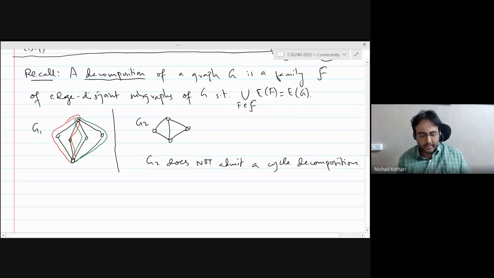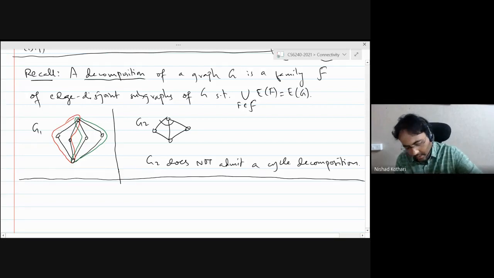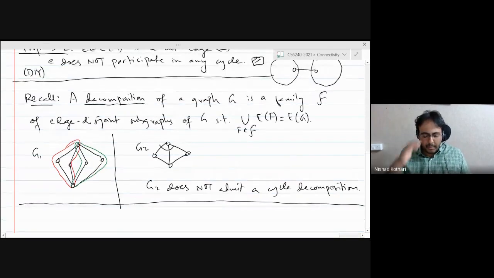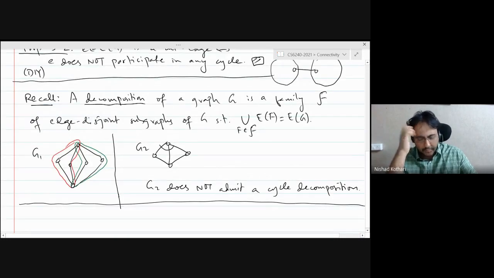Okay, this is exactly what we called Veblen's theorem. A graph has a cycle decomposition if and only if the graph is even. And here you have graphs with vertices of odd degree, so you cannot have a cycle decomposition, right? Okay, so maybe we are asking for a bit too much, because when we ask for a cycle decomposition, we only get the even graphs. How about we ask for something weaker?